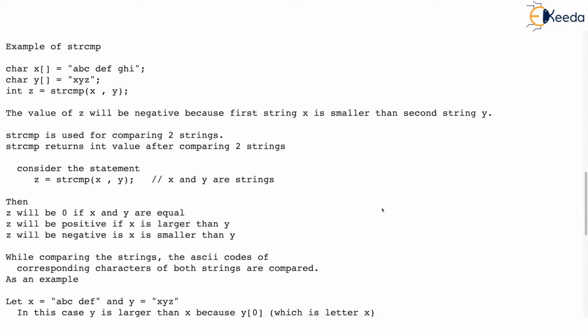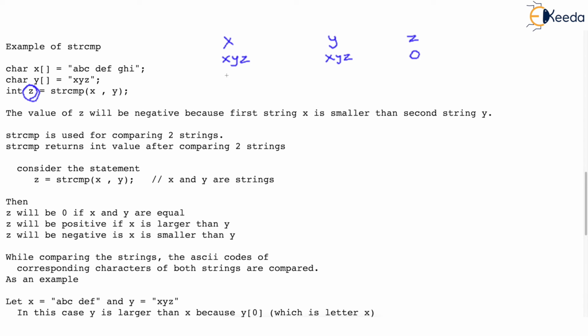Okay. So let's practice this a bit. I will write a few strings here, and you just try to pause the video and try to understand which string will be smaller, which will be larger. Suppose the first string is xyz, second is xyz. Oh, surely both are equal, isn't it? So Z, the result, this Z will be 0.